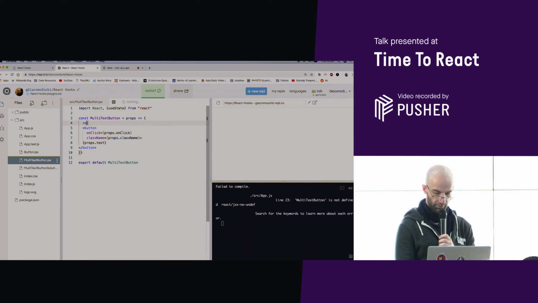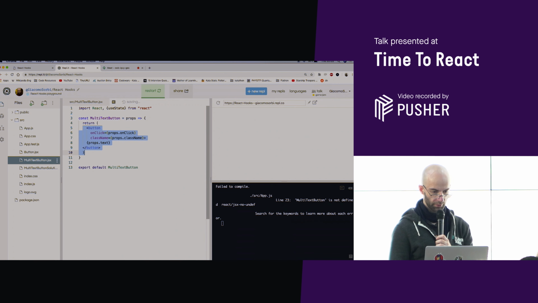So we return, with proper indentation, which apparently is not a feature in here. Is it properly indented? No, it's not. Now it is. I feel better.